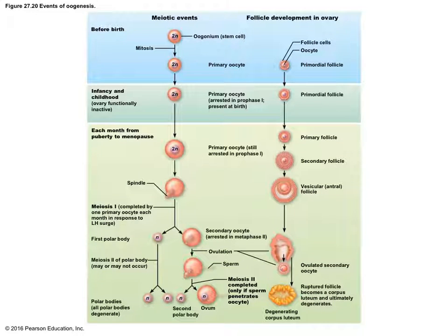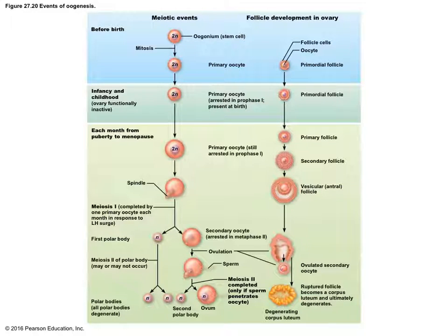This figure correlates the events that are occurring with the oocyte to those of the follicle which surrounds the oocyte. So the whole process of oocyte development, oogenesis, begins in the womb. The female is a fetus in her mother's womb. Her stem cells, the oogonia, will undergo mitosis to produce a number of primary oocytes. These primary oocytes are going to begin meiosis and arrest at prophase 1